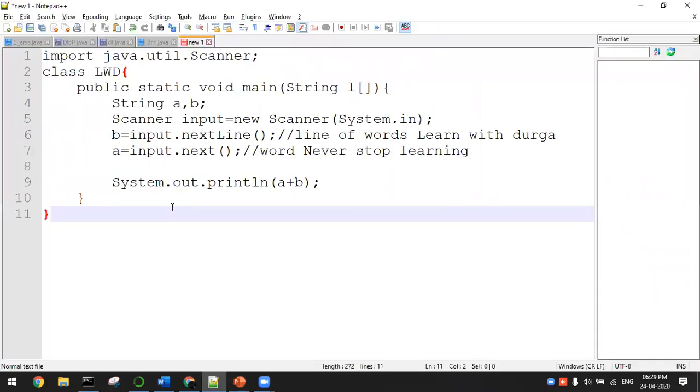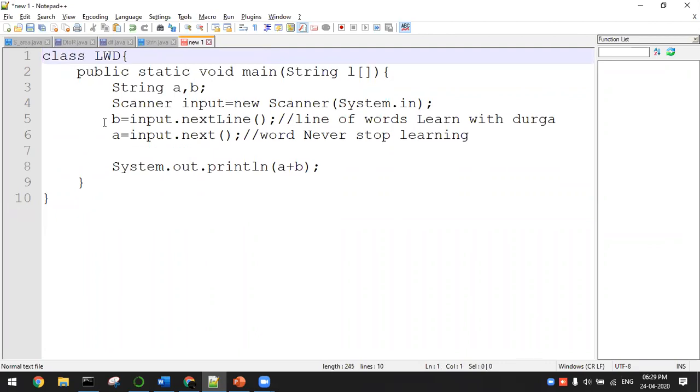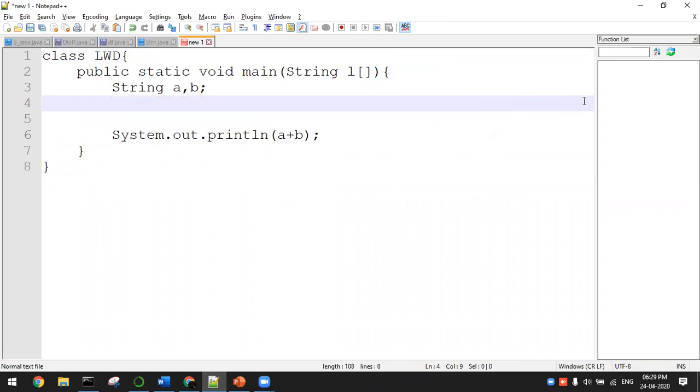The command line argument is nothing but, here you are not supposed to import anything, because we are directly getting an input from the user while executing the program itself. So these imports are not required, because we don't have any Scanner class here. So what is my command line argument? When the main function is called, you will be sending an input. That's what I have informed you.